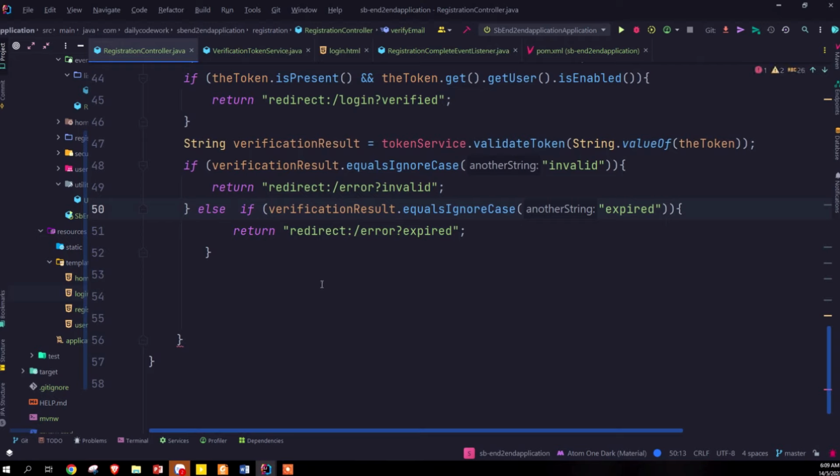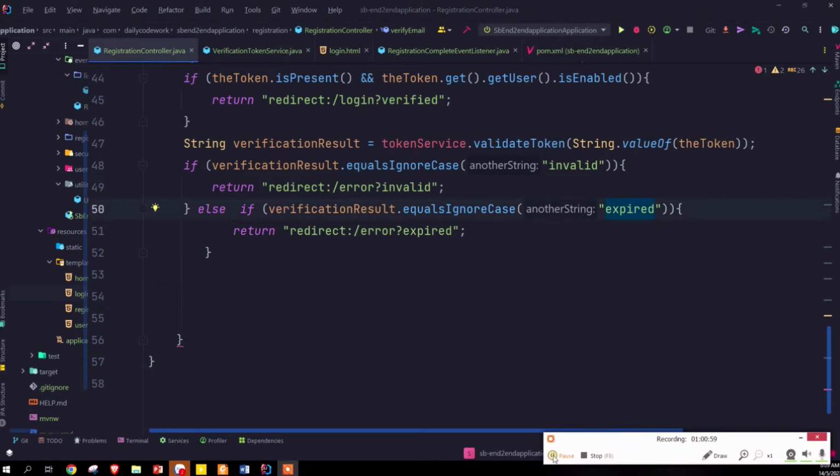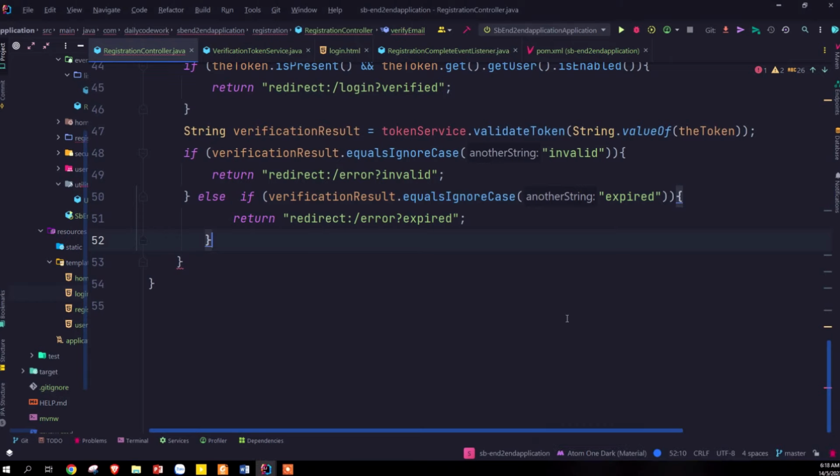If it returns this expired, then we're going to, yeah. So now if that is not the case,